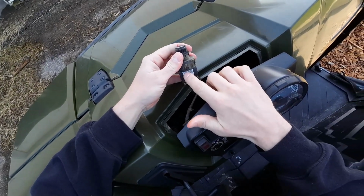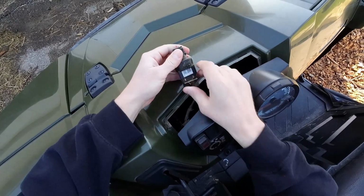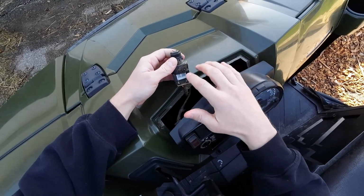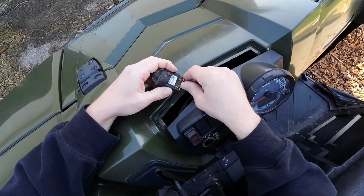Conveniently, they put your part number on here and everything, so that's what you can use to look it up on Amazon. You can get the Amazon one for, I think it's like 12-14 bucks, but also if you want to stick with Polaris, you can buy that off their website, but I think that price is much more. So